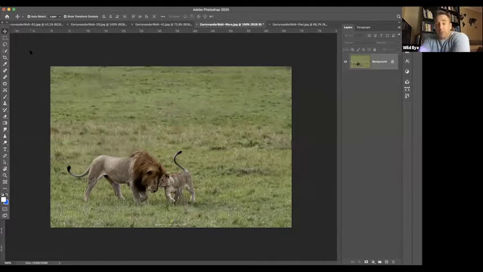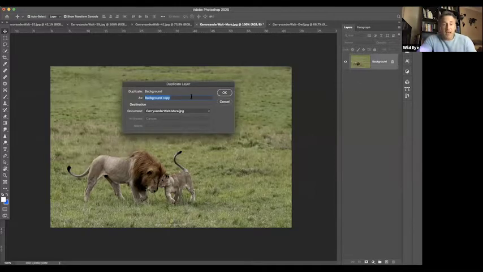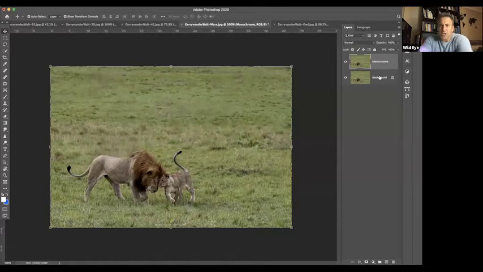Okay, so we know that it's the background layer because it says background. See this little lock icon? That means it's fixed. That's your base. Now I'm just going to quickly create another layer by going right-click, duplicate, and I'm going to call this monochrome. It's not monochrome yet, but I know if I'm going to work on the monochrome aspect, I'm going to do that layer because it's highlighted.